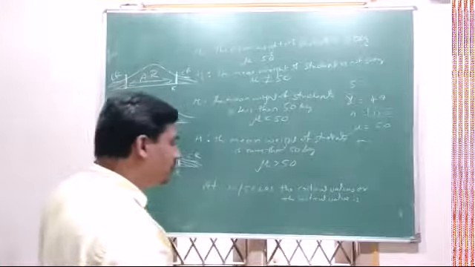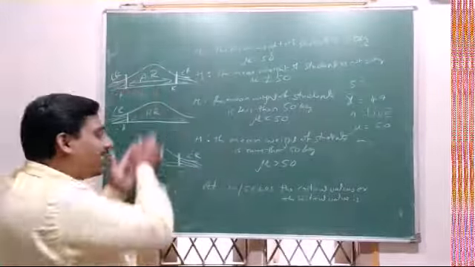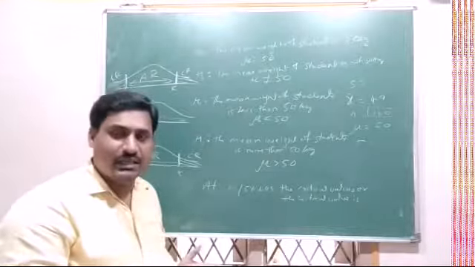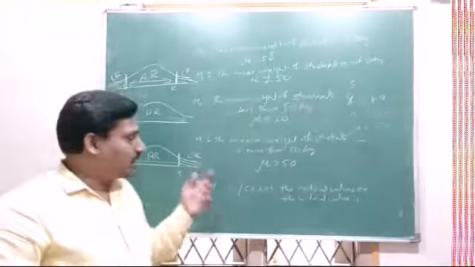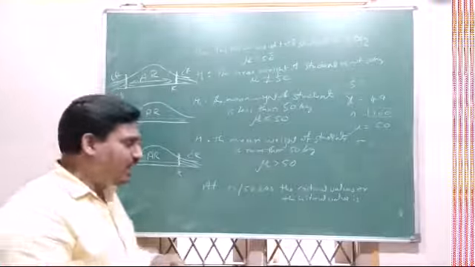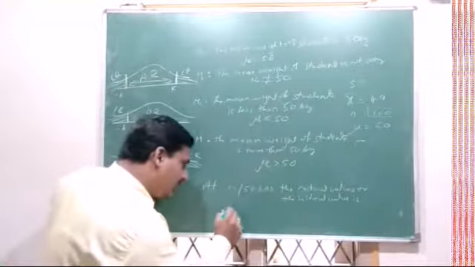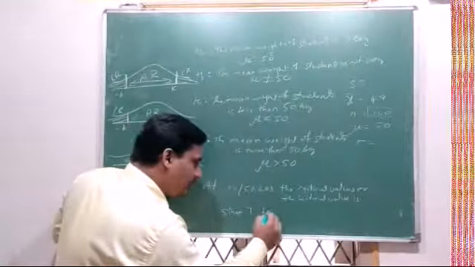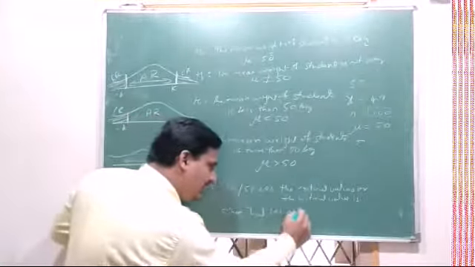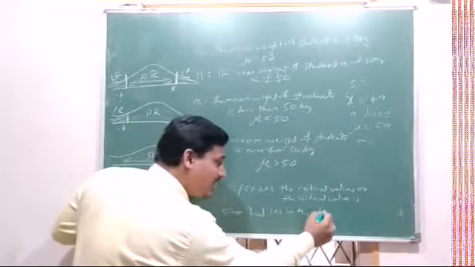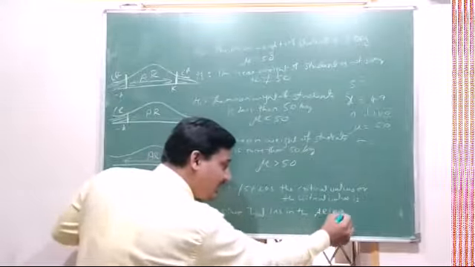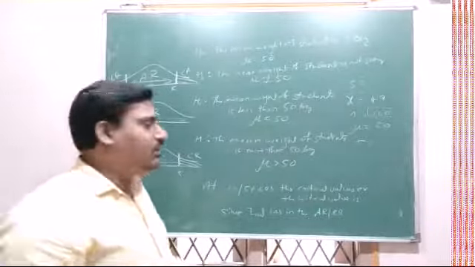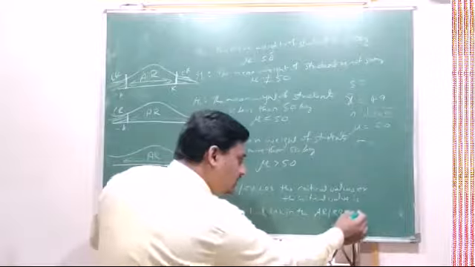Then you will show where it lies in the diagram, whether it lies in the acceptance region or in the rejection region. Then right here, since Z calculation lies in either the acceptance region or rejection region, where it lies exactly,